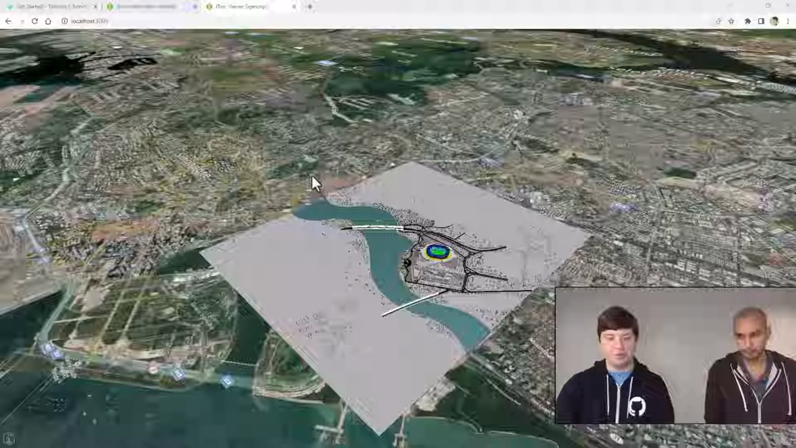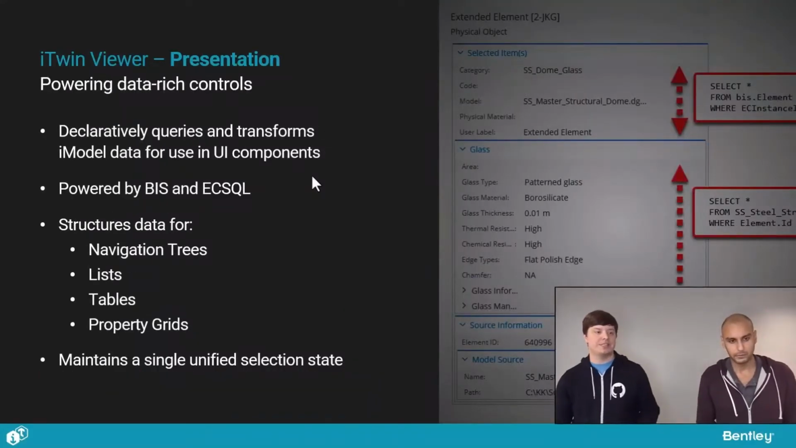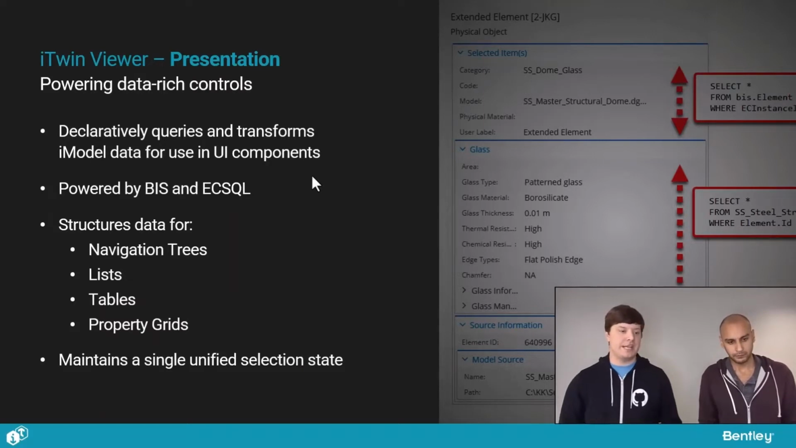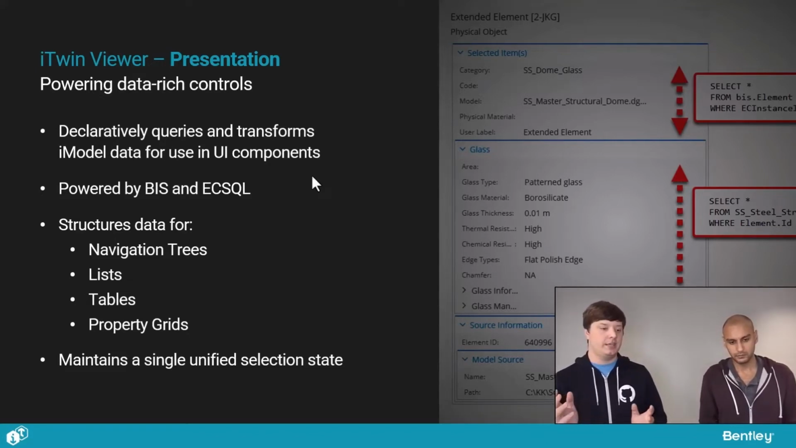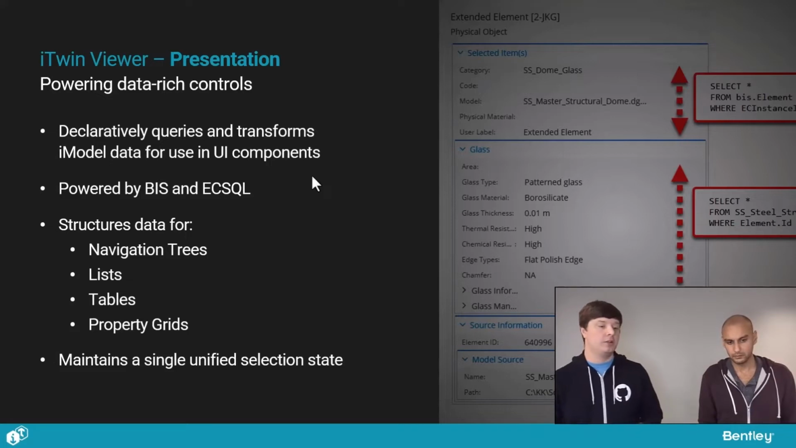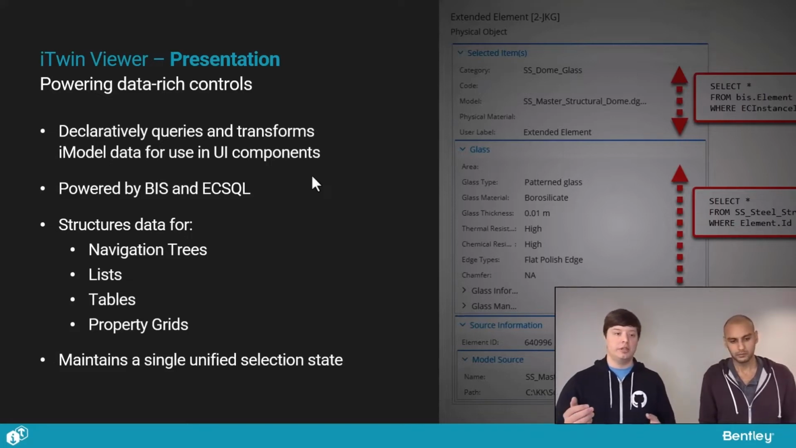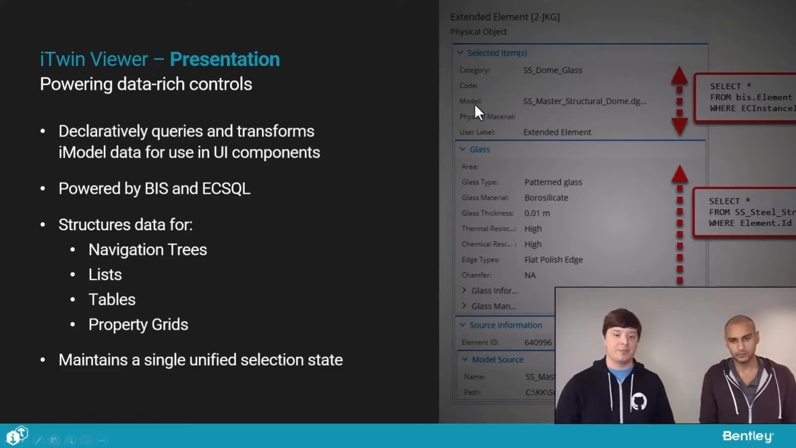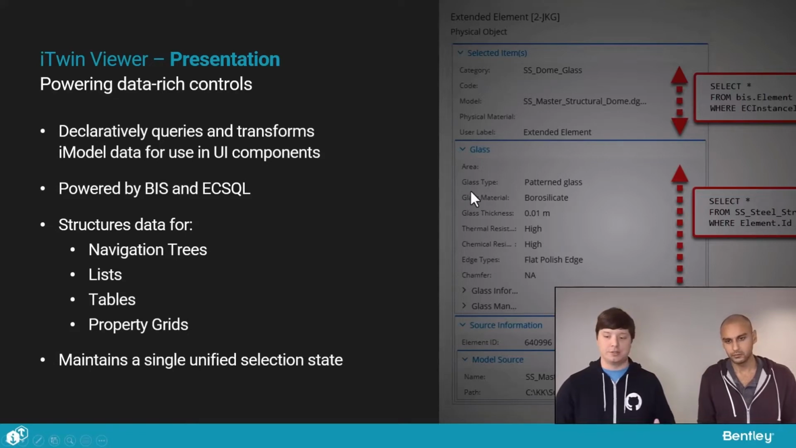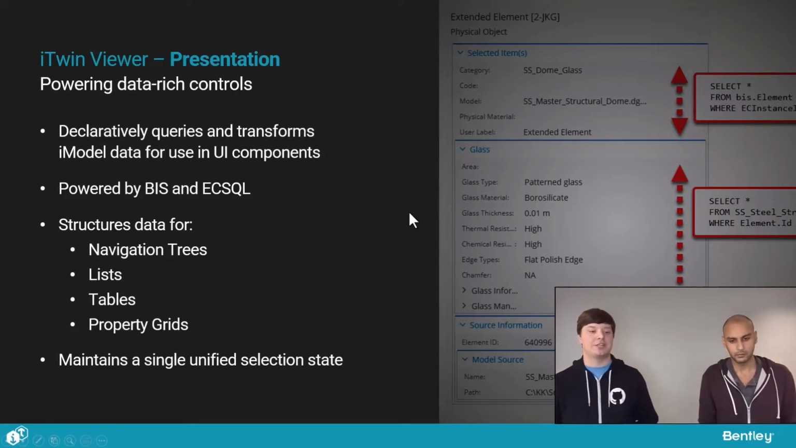Now let's move into our second system, which is presentation. So presentation is all about accessing the data in the iModel and transforming it into a view model that's usable for UI components, right? We have a lot of these data-rich UI components in the iTwin viewer. Specifically, we have the property panel and we have the models, the navigation tree. So presentation allows us to